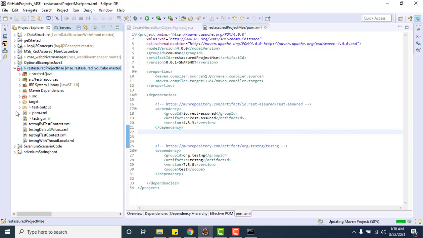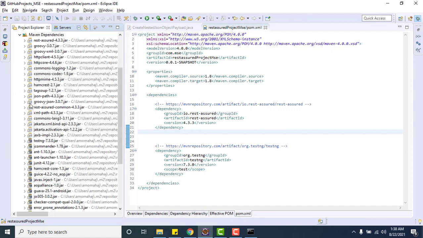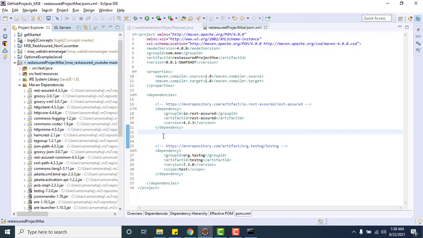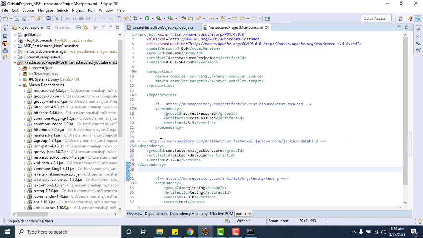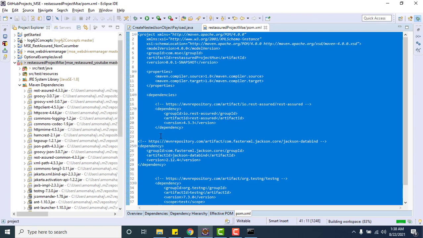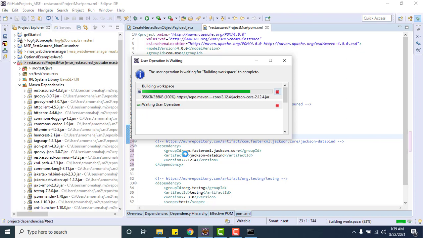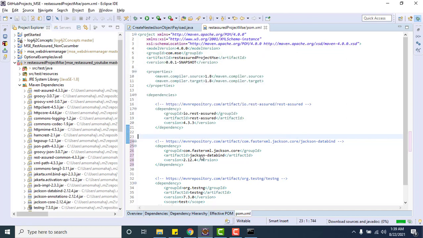If you go to Maven dependencies, you'll find that there's no Jackson anymore, because we have removed it. So if I add it here, this time I am explicitly adding the Jackson dependency. You only need to add the Jackson data bind dependency, and automatically it will download all the transitive dependencies and add them to your library, or class path.